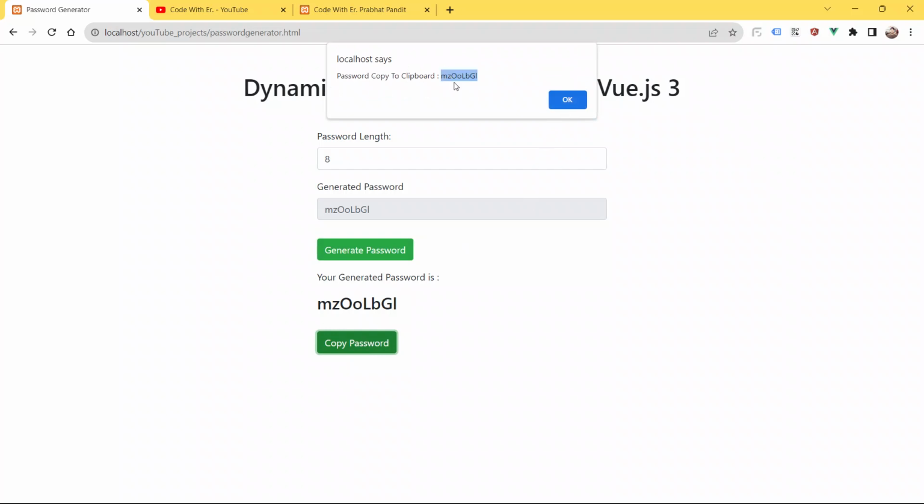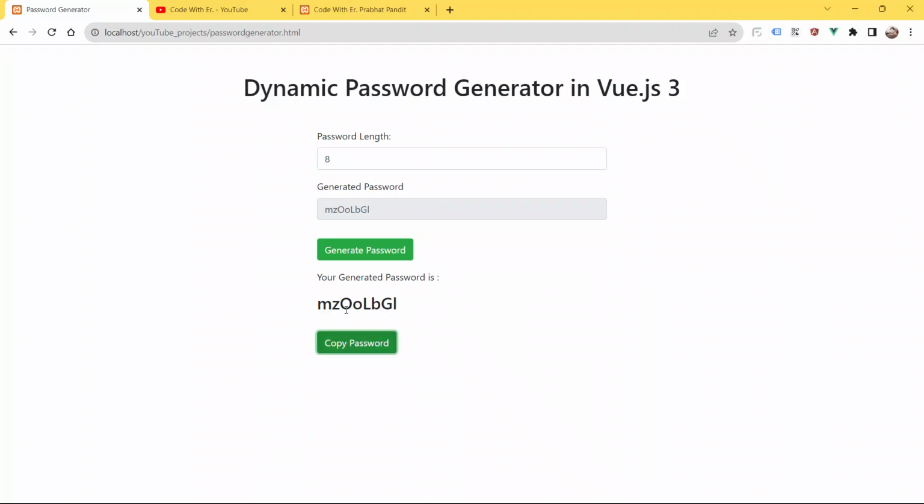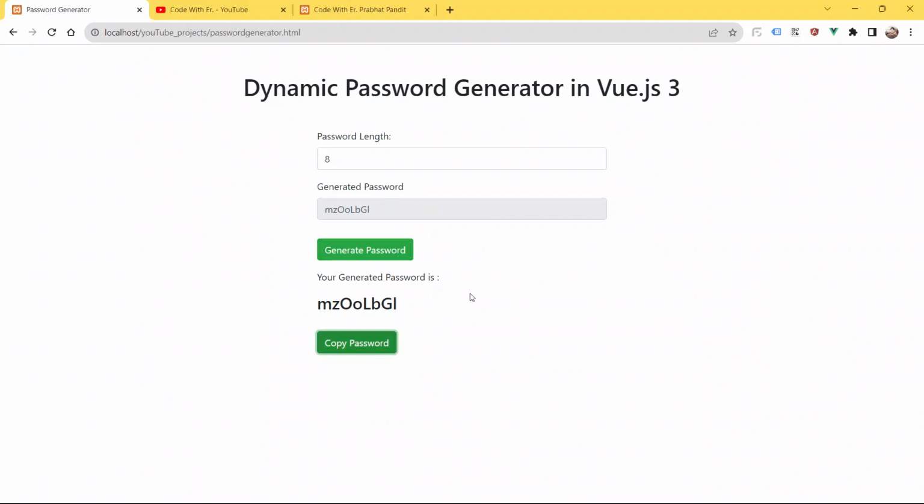So just click the button copy password, you can see an alert also, password copied to clipboard, and this is the same password and this is the same password, okay. So now you can paste it here also just to match the password. See, this is the same password and this is the same password, okay. So guys, what I want to explain is that you can definitely integrate this kind of features, this kind of functionality in your code, in your application, to make your application dynamic, okay, and to make your application innovative as well, okay. So now again, let's go to the code and let's start coding.